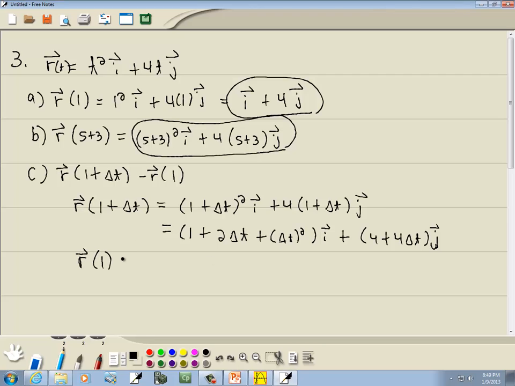Now let's find our next one here. So we're going to plug 1 in for t. So we're going to have 1 squared i plus 4 times 1 j. Actually, we found that right up here, didn't we? So it gives us i plus 4j. Okay, so now if I subtract those,